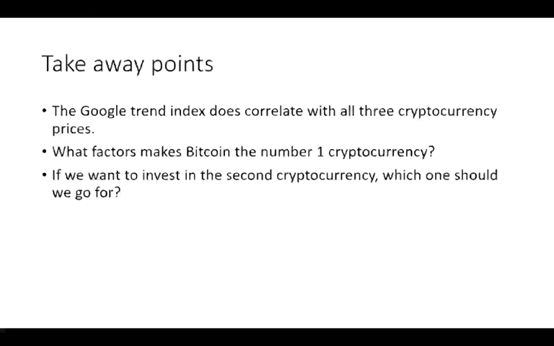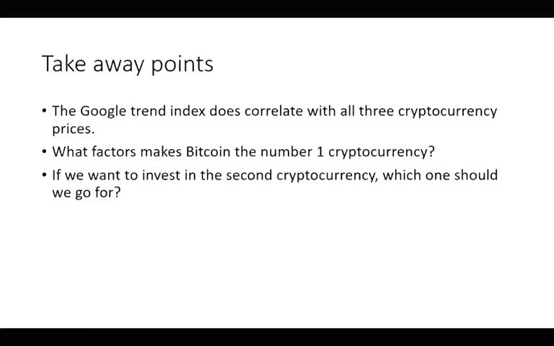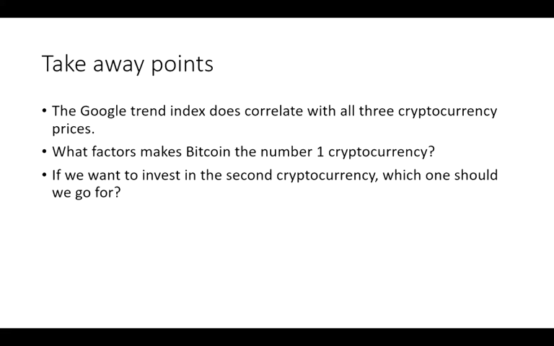Second, we don't know why Bitcoin became number 1 or the other two cryptocurrencies became number 2 or number 3. Of course, we ranked the three currencies 1, 2, 3 in terms of their closing price, and maybe that's not the best index for us to judge which one is more popular or most likely to survive in the future.